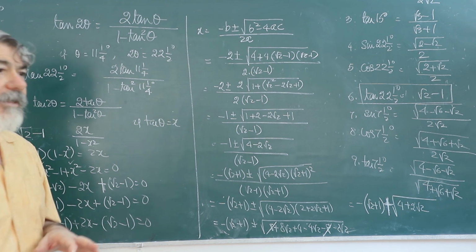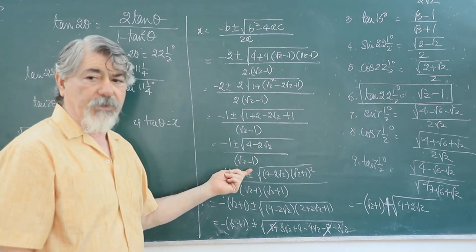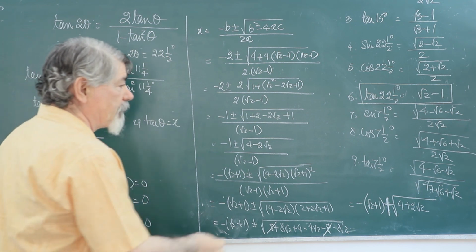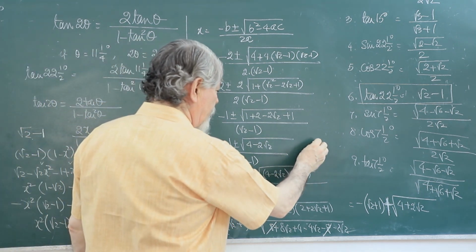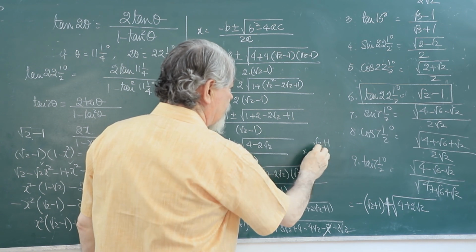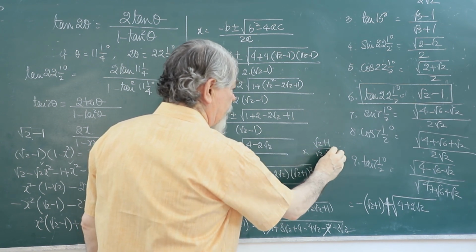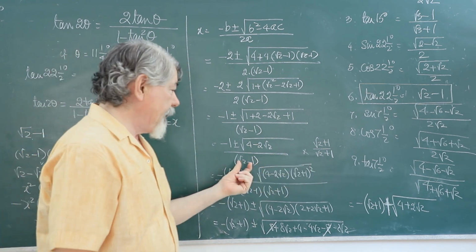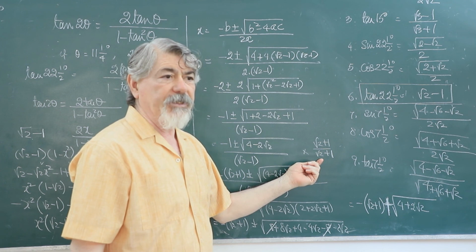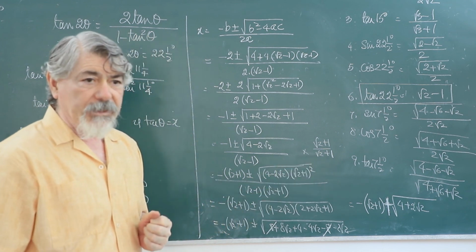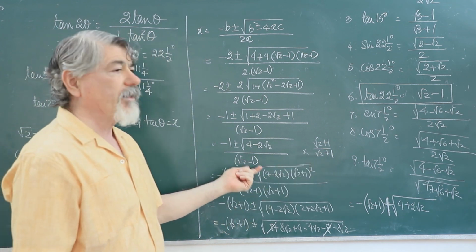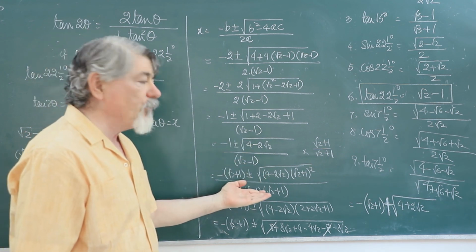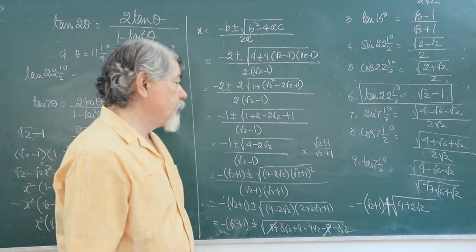Now again we are going to remove this root 2 minus 1 from the denominator by rationalizing it. I'll multiply the numerator as well as denominator by root 2 plus 1. Now what will happen? Root 2 minus 1 into root 2 plus 1, a minus b into a plus b will become a square minus b square, and root 2 whole square will be 2, 1 whole square will be 1, so 2 minus 1 will be 1, so there will be no denominator left. That is the use of doing this.